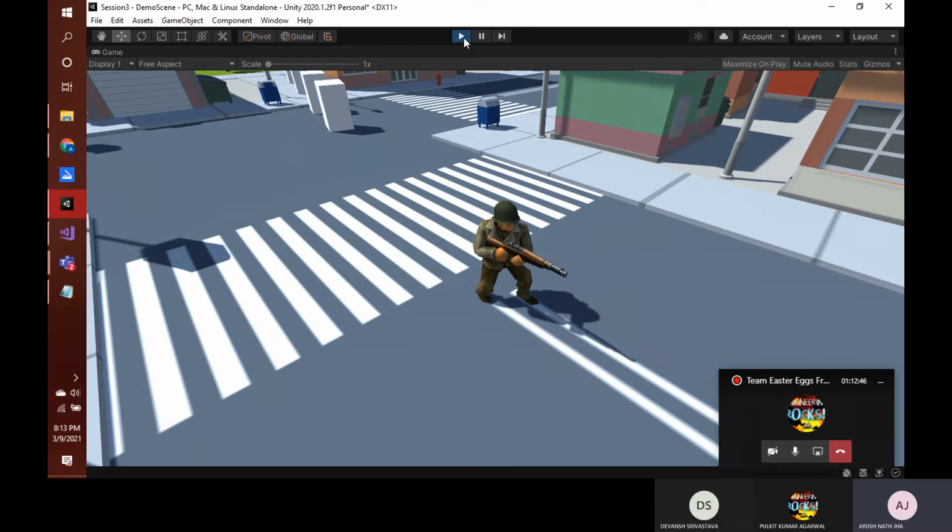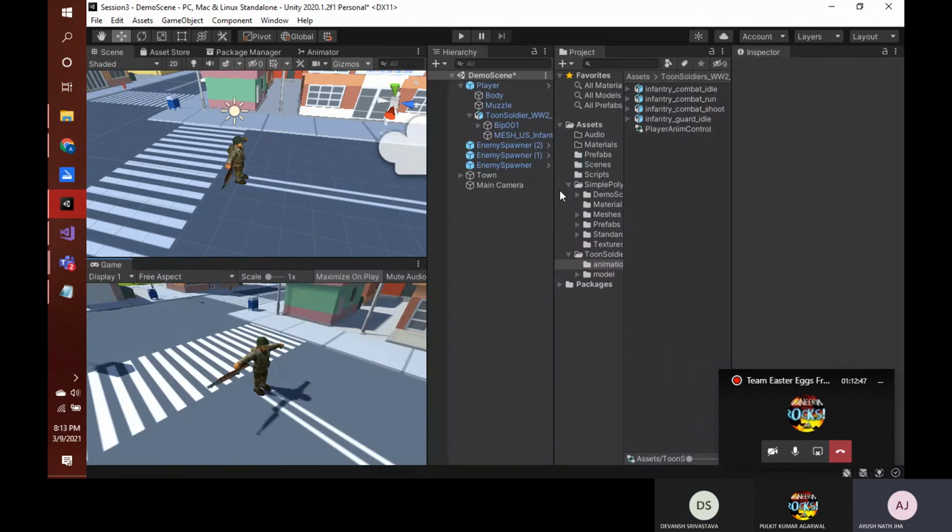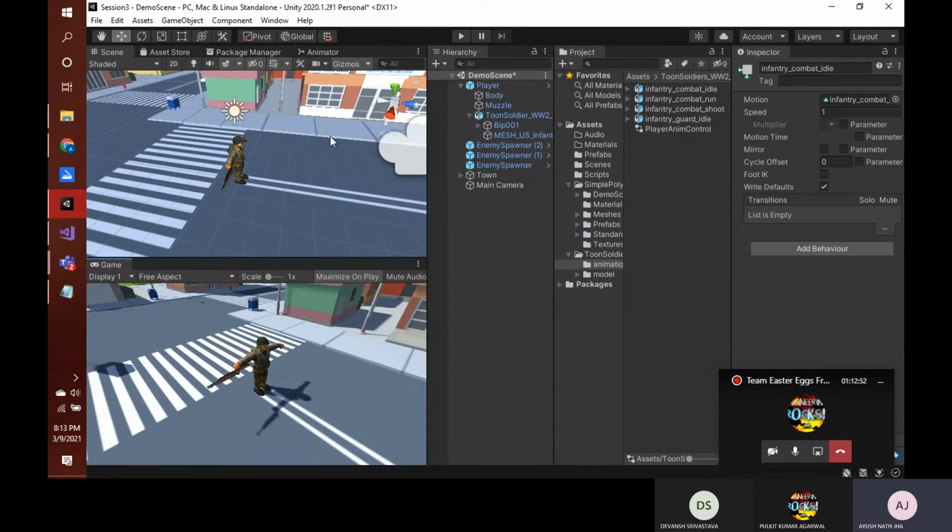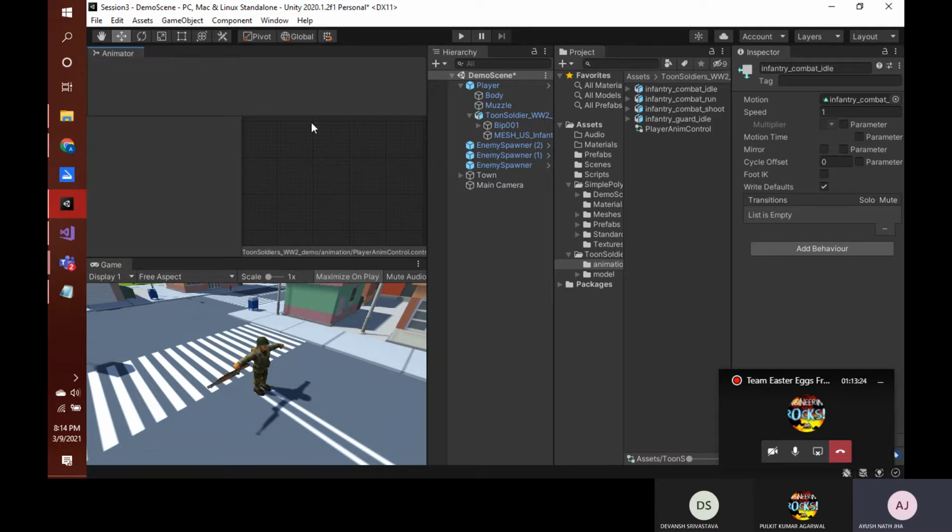Yes. Okay, how these animations are made is actually a separate issue, because that comes under animation. If you use Blender and Maya or any other rigging and animation tool, then you can understand how that works. But since that is not the scope of this tutorial session, and our main scope is game development, I am skipping that part. We are directly moving into the animations, like how you can deal with animations in Unity. If you want to learn more about that, you can just let me know. I'll point you to the resources which are necessary and you can definitely learn. Okay, so now let's continue with our animator.